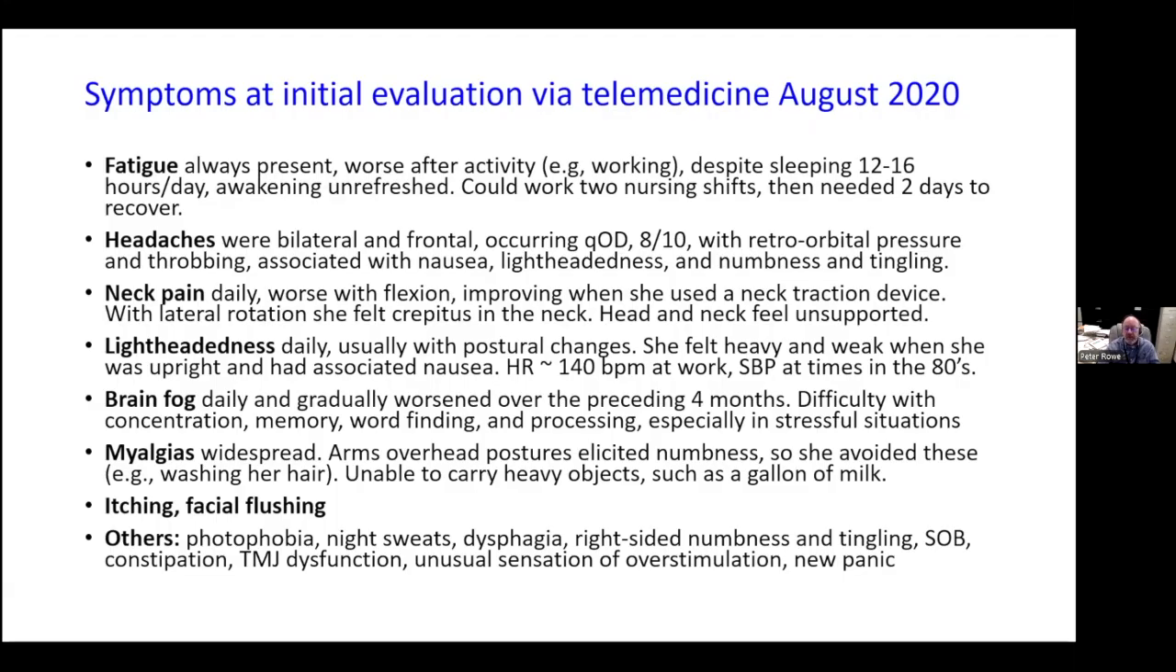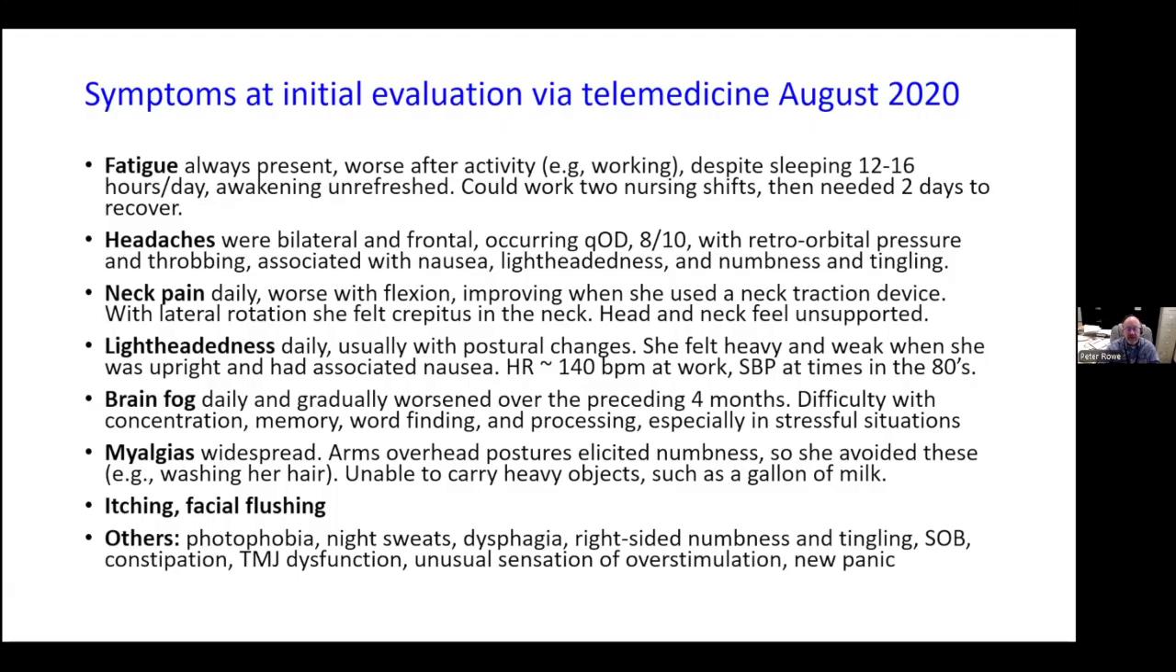Blood pressure at times was in the 80s, quite low. She had brain fog that was daily and worsened over the preceding 4 months. Lots of trouble processing, finding the right words, especially in stressful situations. She had a lot of myalgias and muscle pains, especially with arms overhead postures, and couldn't carry heavy objects like a gallon of milk. She had some itching and facial flushing,